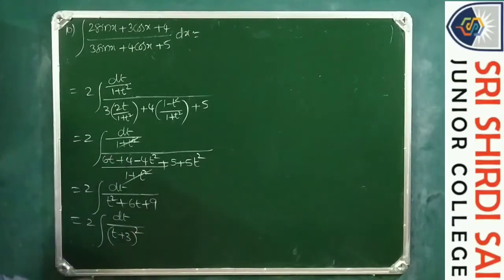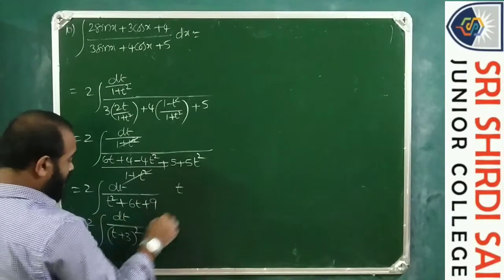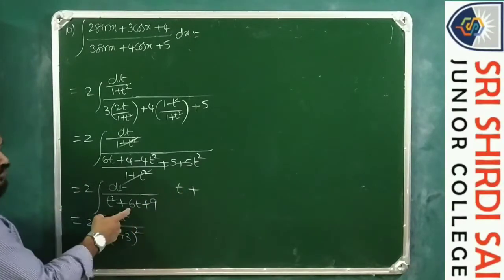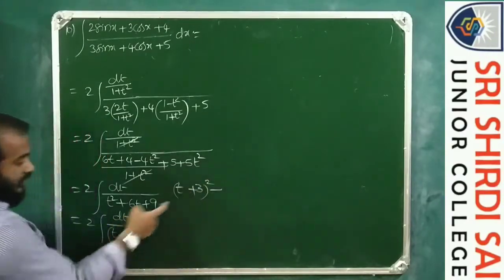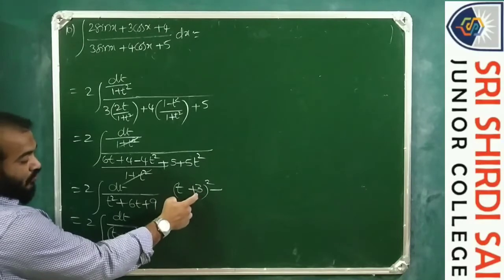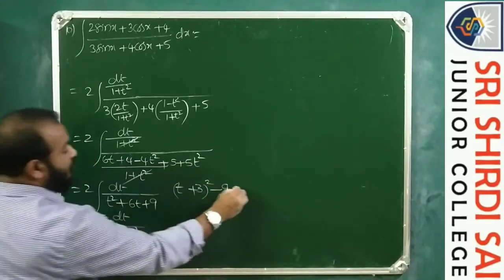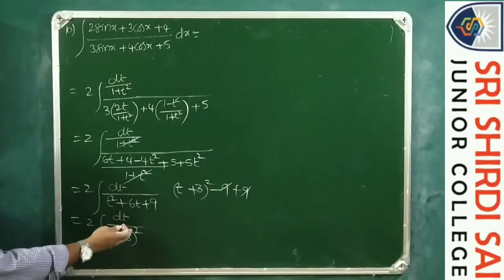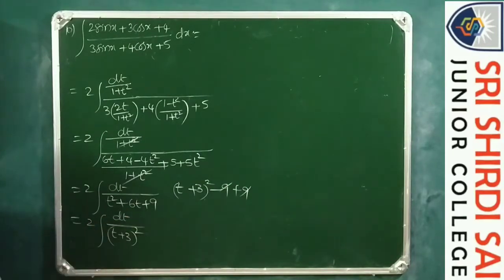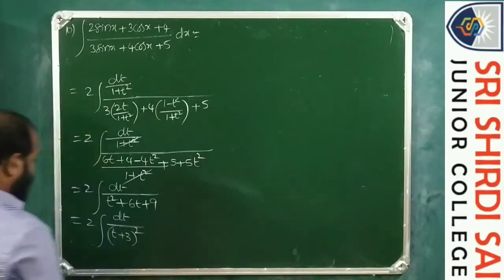If you do not understand, no problem. For t square plus 6t, the coefficient of t is 6, half of it is 3. Complete the square: minus 3 square, which is 9, plus 9 is already there. So t plus 3 whole square. This is what we have been doing for each and every problem, completion of square. So this is equals to